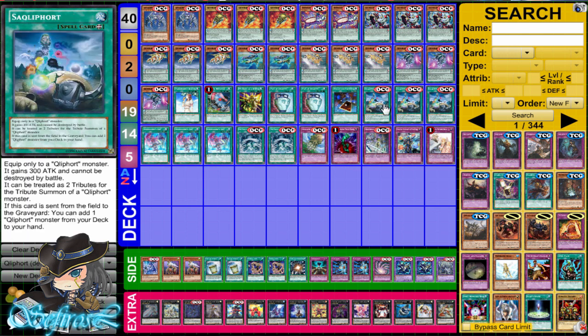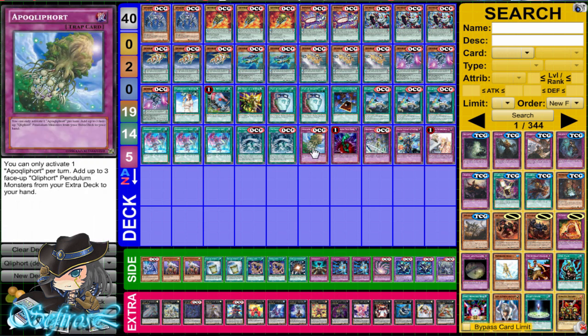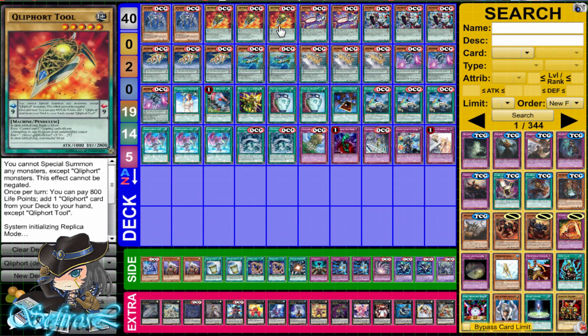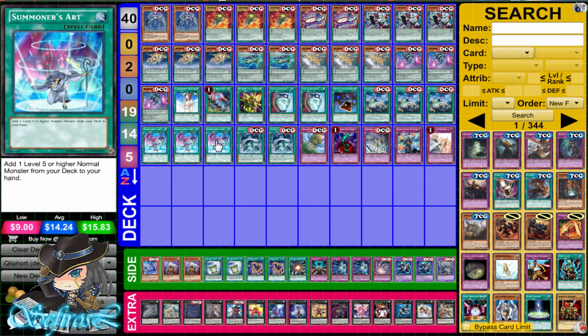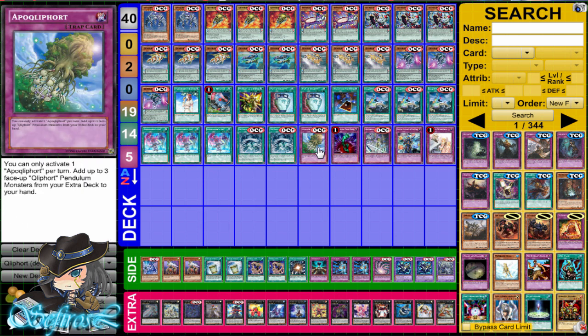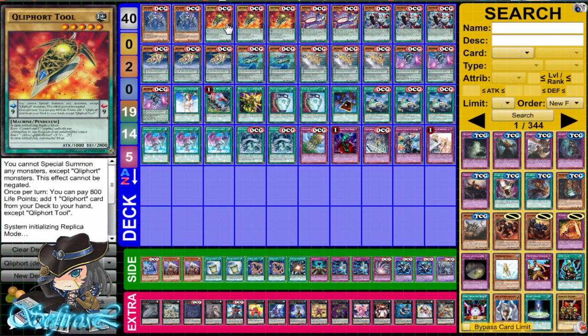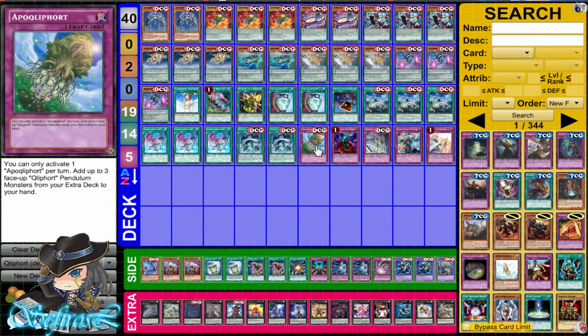So we run 3 Sack Qliphort and we run 3 Summoner's Art. We run the 2 Monarch Qliphort. We run 1 Archive Qliphort because sometimes your opponent has like 2 MSTs, and you activate Tool, you activate Summoner's Art to grab another Tool, and he MSTs your first Tool and he MSTs your second Tool, in which case you're struggling to get your third Tool from Sack Qliphort. Then you activate it and you finally get your effect off, in which case you